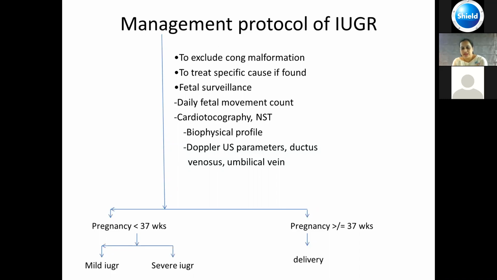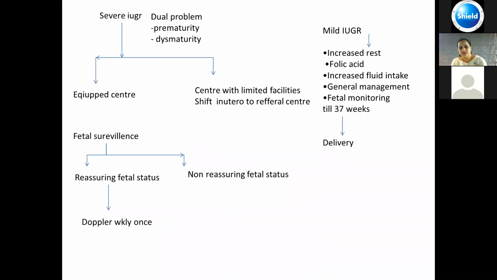If it is less than 37 weeks, it can be divided into mild IUGRs and severe IUGRs. If it is mild IUGR, as we discussed, we can give the mother sufficient rest, folic acid replacement, hydration, and L-arginine and magnesium sulfate replacement. And in any complications, if she has diabetes, it has to be under control; she should not be over-restricting her diet. And for hypertension, she has to take antihypertensive medications, with fetal monitoring.